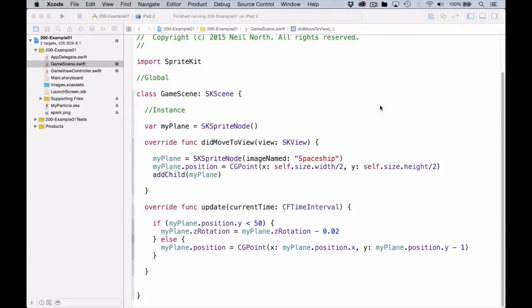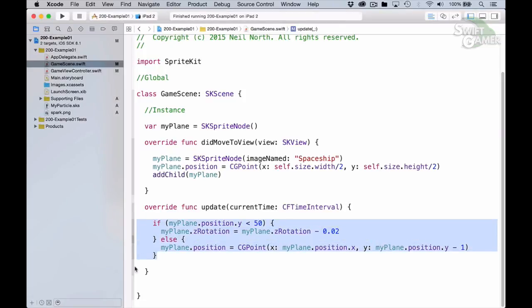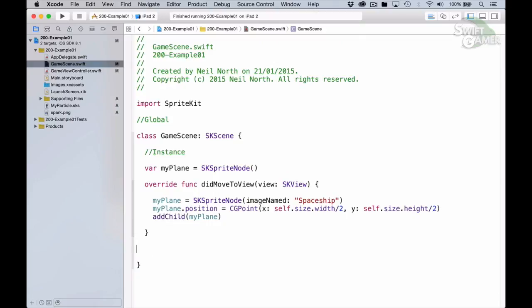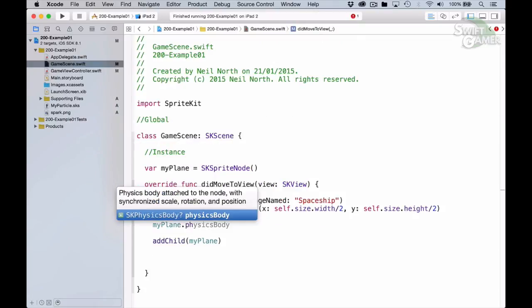Let's start by removing the update method, as we won't be using it in this lesson. So up here you have your MyPlane sprite from the previous lesson. Now we're going to give this sprite a physics body. So just add